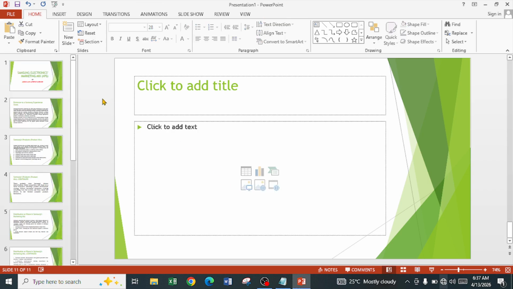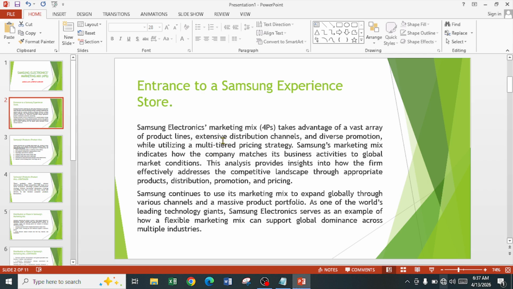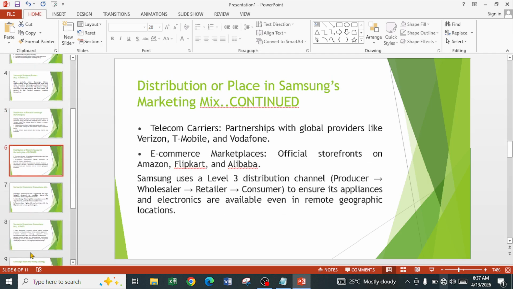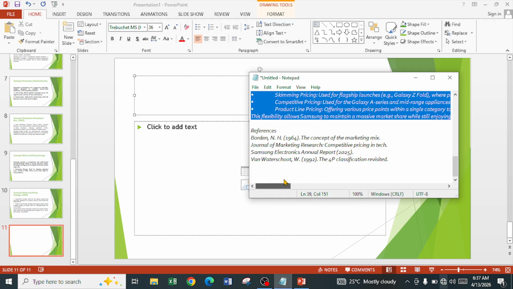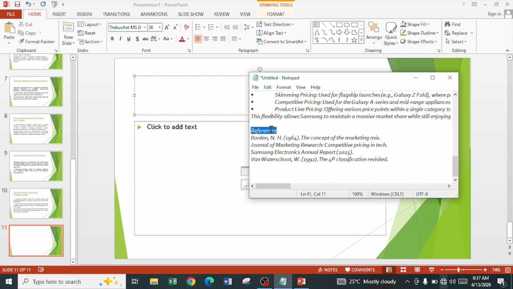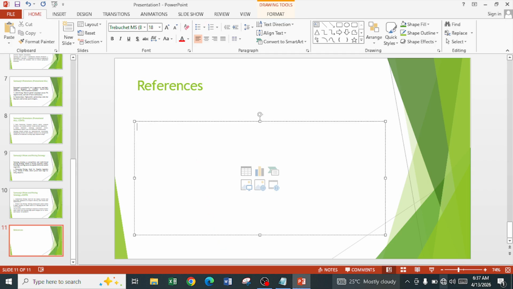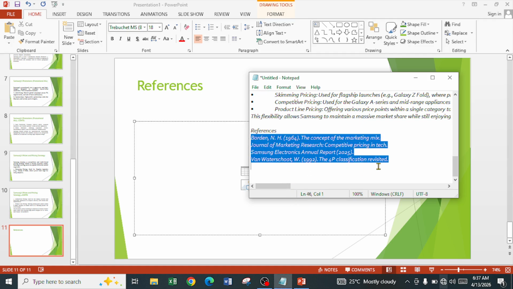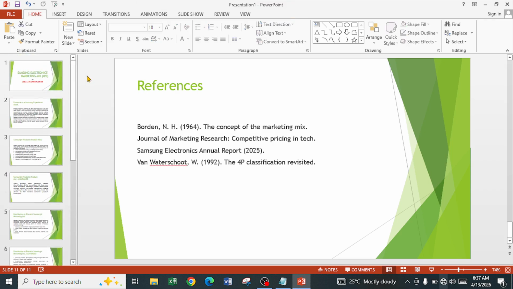Here I have all my slides ready from the title page to the other slides. As you can see, I have 11 slides now. The last slide is an empty slide, so I'm going to be putting my reference here. Okay, good. Now, moving forward